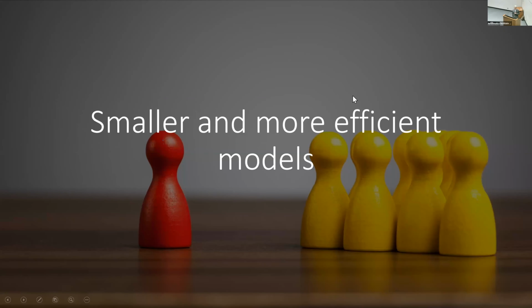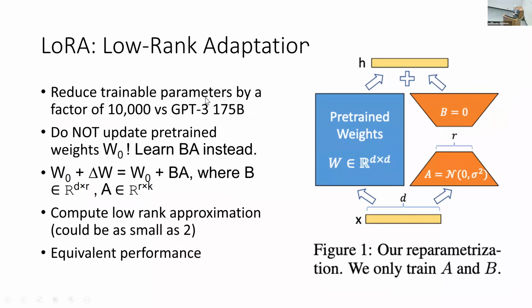So the other encouraging trend, I think, is smaller and more efficient models. One thing is LoRA. This came out, I think, October 2021, and it's basically a way to do training with much fewer trainable parameters. Normally when you train, you adjust all the weights in your entire language model, and if the weights are really huge, that's a lot to update. So what LoRA says instead is, you don't have to adjust all these weights. Let's learn this other